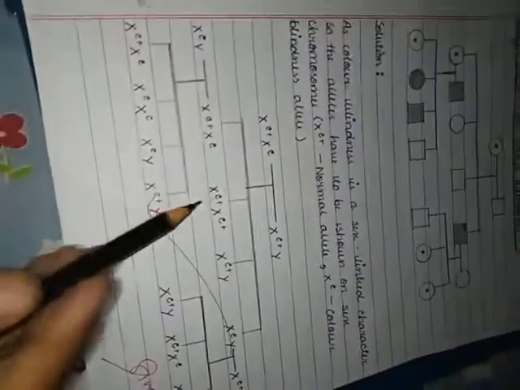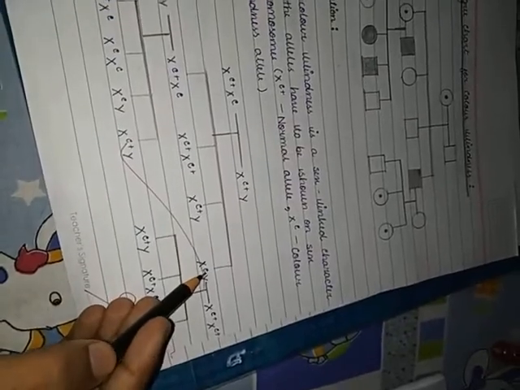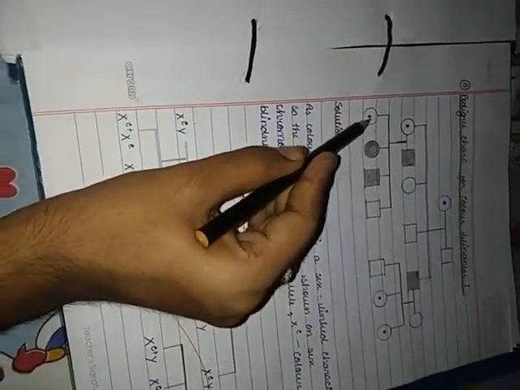This is the normal female, so XX, both with the normal allele. Again a normal male, so it is written normal male. Now the affected male. Affected male means having the X^C allele, and its partner is normal, so X^C+. Again similarly, carrier means the presence of one affected allele and one normal allele. Second, affected means both color blindness alleles are present. Again affected, color blindness is present, and the last one is normal, so X^C+ Y.